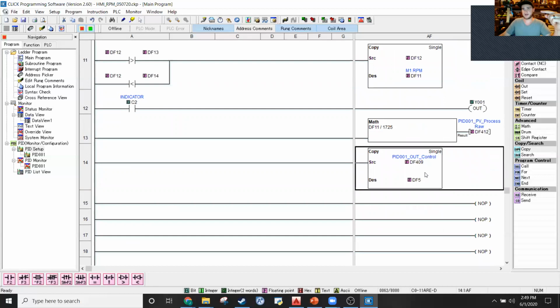And then right here, we are taking the output from our PID loop and physically making that an output to our field equipment. And then that cycle just runs in perpetuity, and hopefully it dials in our motor to the exact speed that the user set, which again is limited both in our PID loop and in the